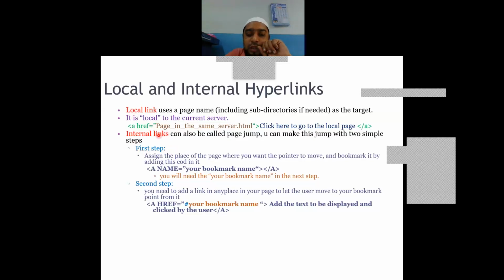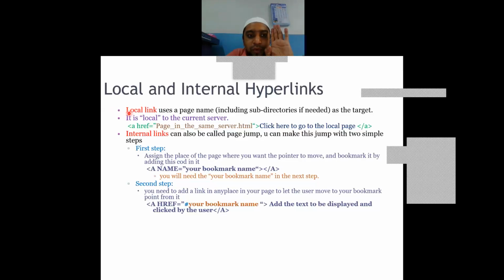I want to click on this links and it should go to local links. So before this local link, I'll mention name equal to something link. Okay, xyz. That's my own preferred name, user defined name. So I'll just mention that name and close the anchor tag.